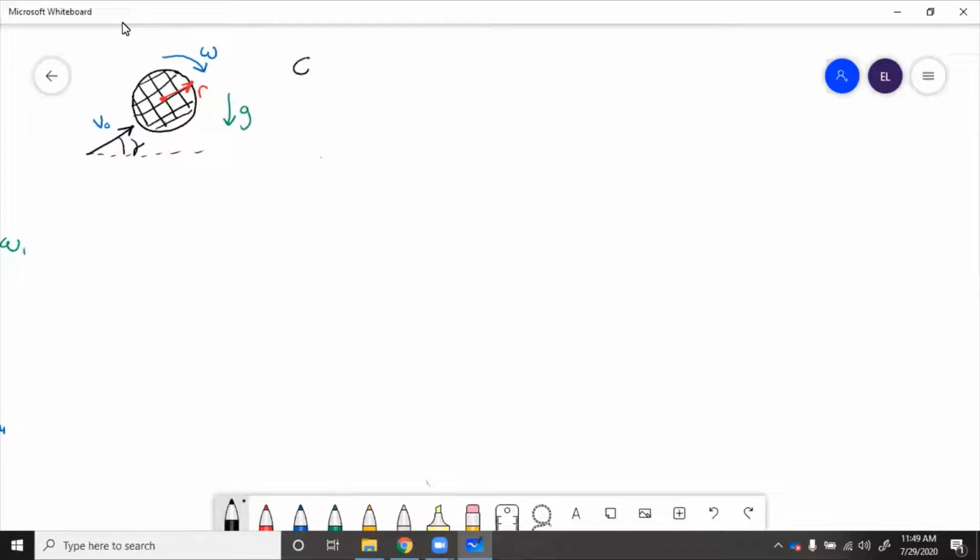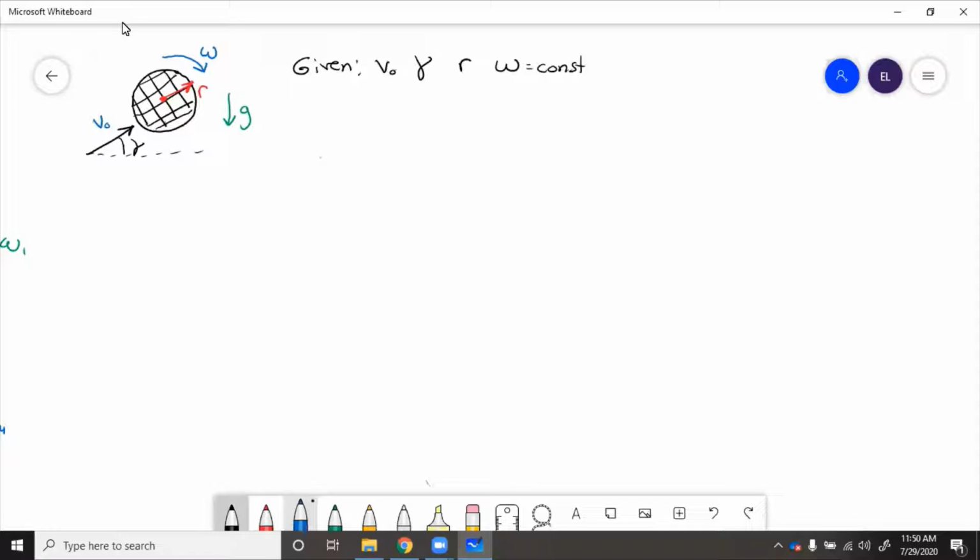So given initial launch speed and angle, as well as radius of the ball and its angular velocity, which we're going to say is constant,